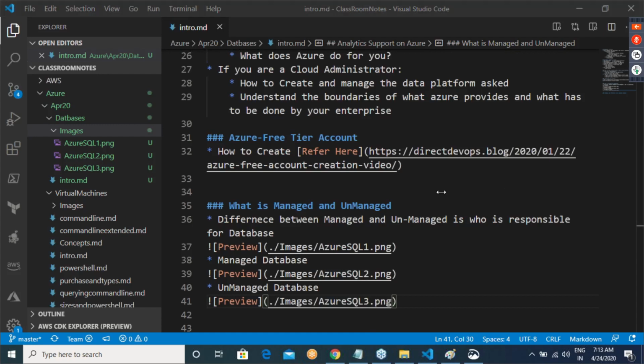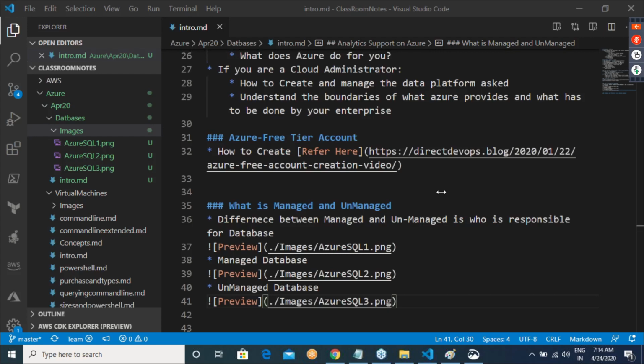In a managed version, is it possible to upgrade versioning? That is all Microsoft's responsibility. You need not worry about it. In a managed database, you will always work on the latest version of a database. We'll get into specifics. I'm giving you a very generic, 5,000-feet overview so that you can understand the terms. If you go with managed services, you will get a lot of advantages.